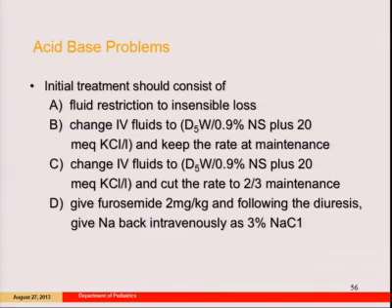Bingo. Whenever I see patients, people always want to fluid restrict, and they talk about, well, let's just do 3/4 maintenance. If you really want to correct their sodium, you've got to really cut their fluids to insensible loss. Because if you give them too much water and they have ADH, they're going to reabsorb the water.